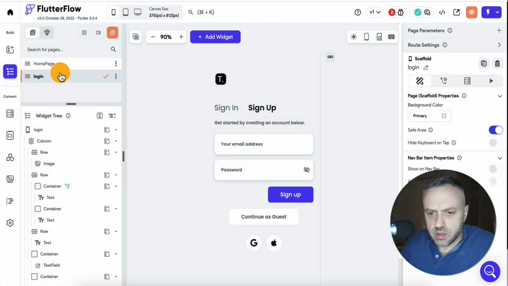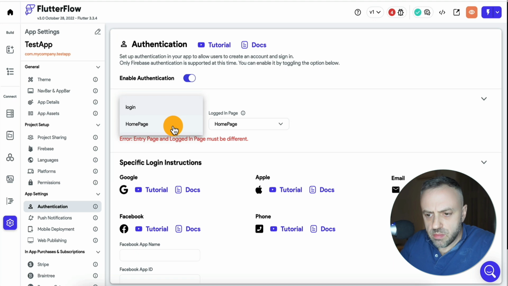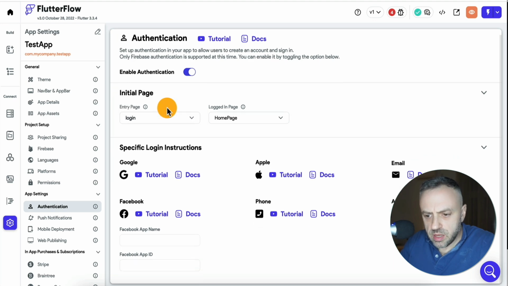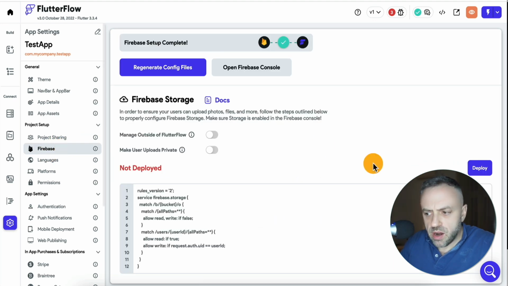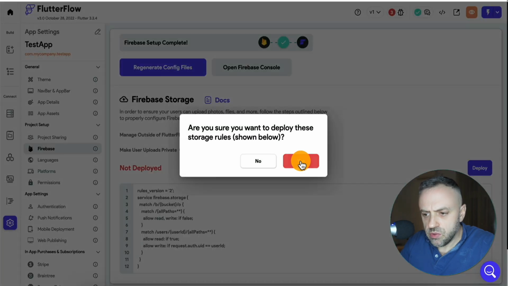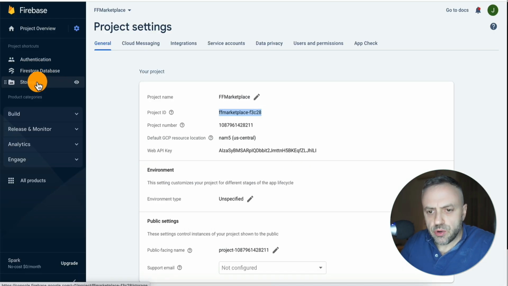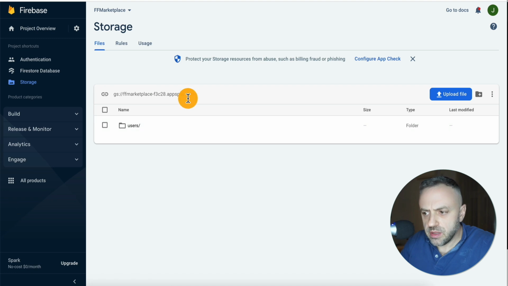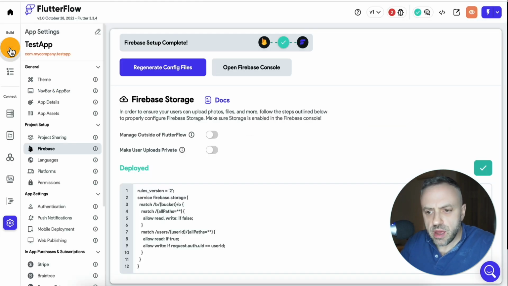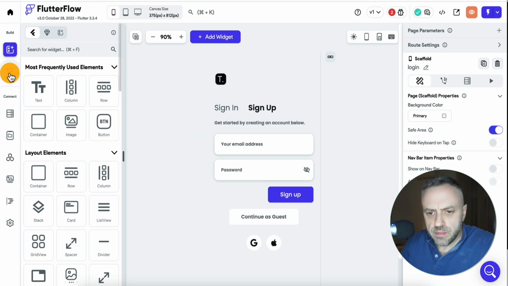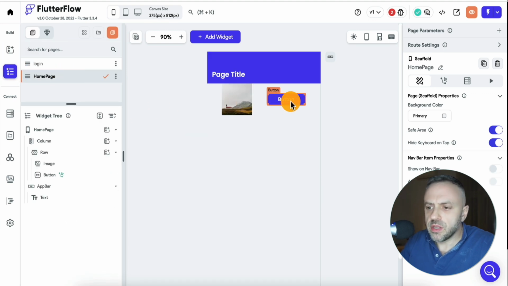How about this one? Okay. You're going to come back and set it right here as a login. Next, you're going to go into Firebase. You're going to deploy some rules. Come back here. Make sure you have storage selected here and enabled, which is what we have over here. And now you can go back to your app, come back here, select that page that we're dealing with and